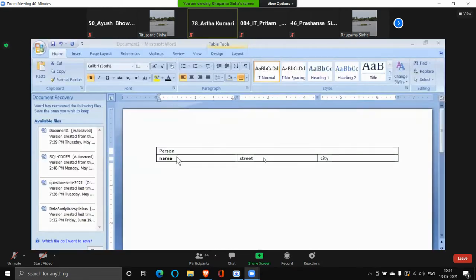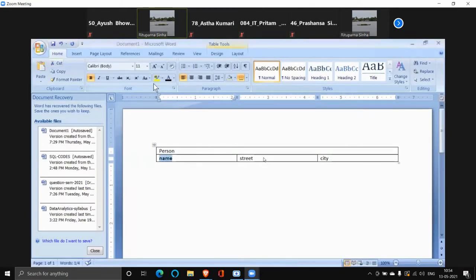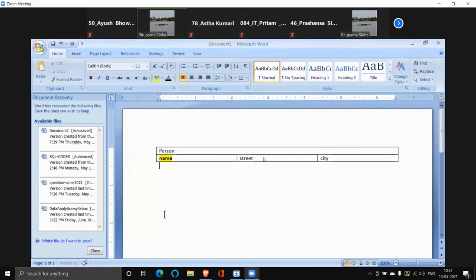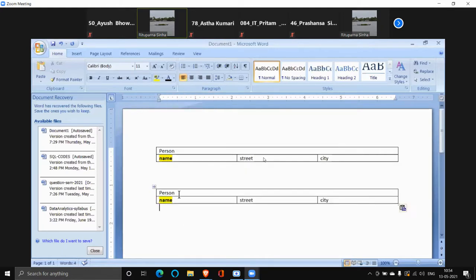Yes. So your name is the primary key. Let me make it yellow. And person is one of the tables. Okay. Another table will be, what? Employee. Employee. I have employee ID as a special attribute, EMP ID.